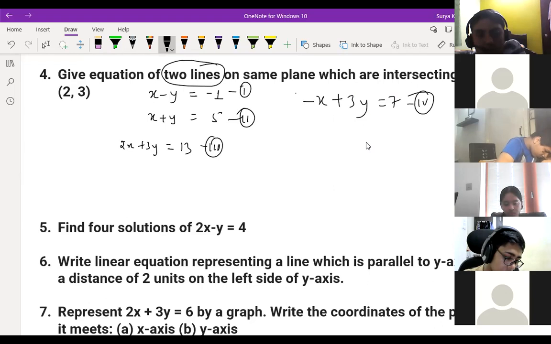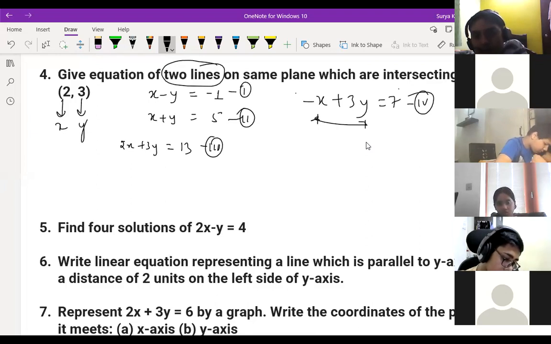Sir, can we equal it to any number? If you put the value of x and y, then only one number will come. How will a different number come? If I put x as 2 and y as 3 and equal it to minus 2, how can it come? Suppose here if you put 1 and 1, it will come minus 1 plus 3, which becomes 2. 7 only should come, no? If x should be 2 only, y should be 3 only. This is a must, okay? Is it clear, Ashini?